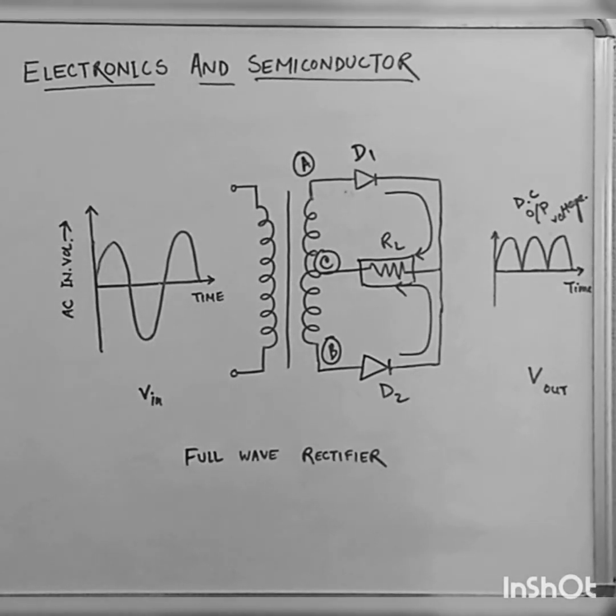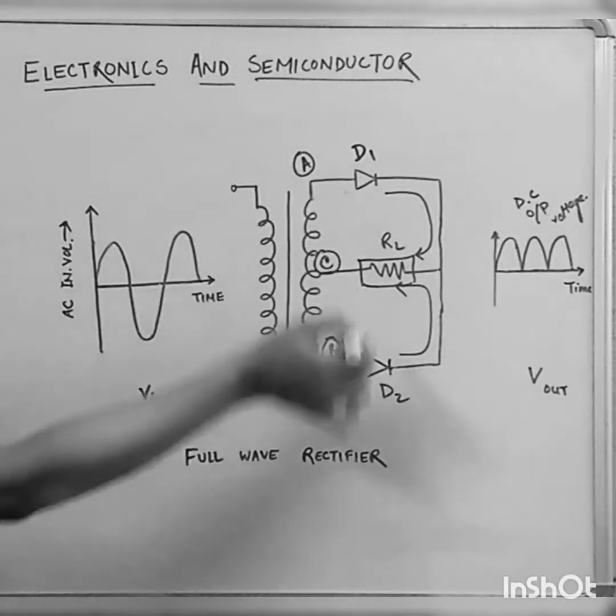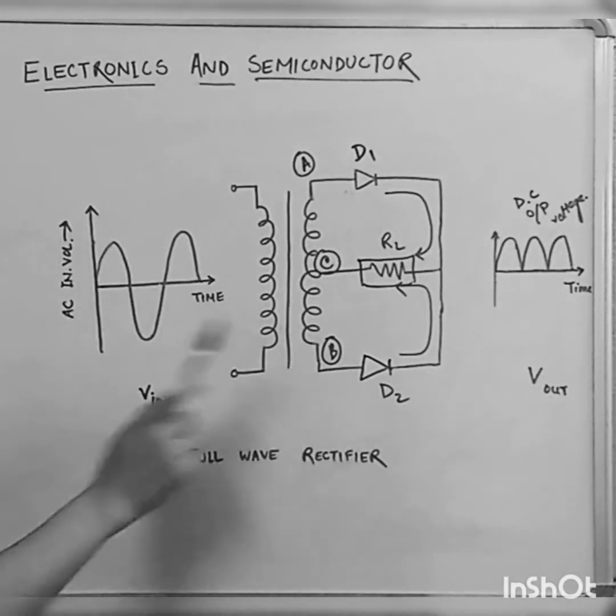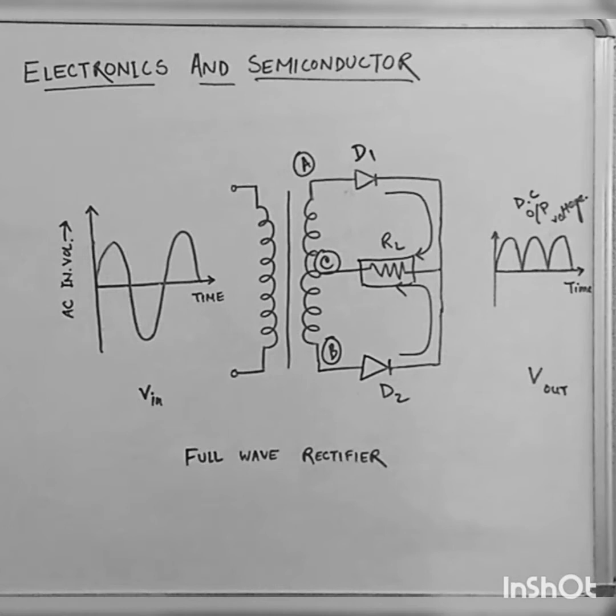So the next one is the full wave rectifier. In a full wave rectifier, the circuit has two diodes now. Each diode is for one half cycle, meaning there are two diodes in the circuit, D1 and D2. D1 will rectify the positive half cycle. D2 is for the negative half cycle of the AC input, and there is a multiple winding transformer which is